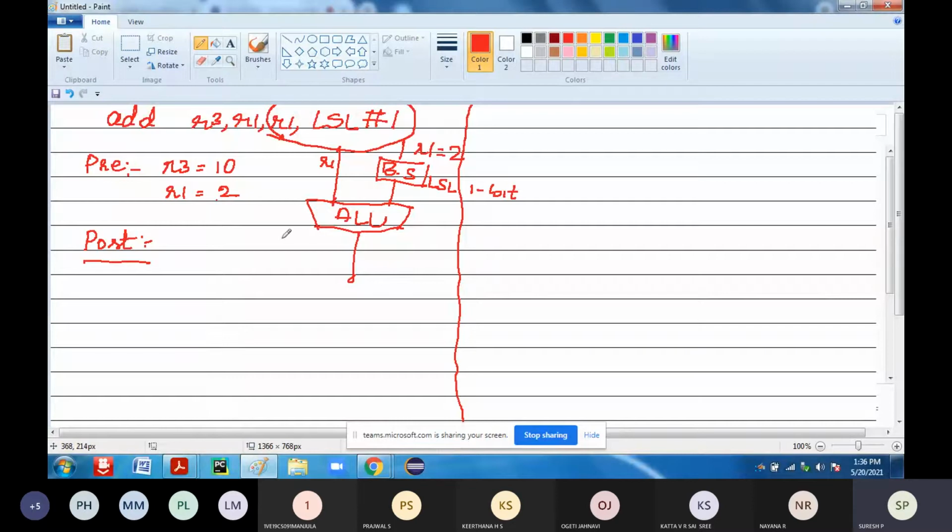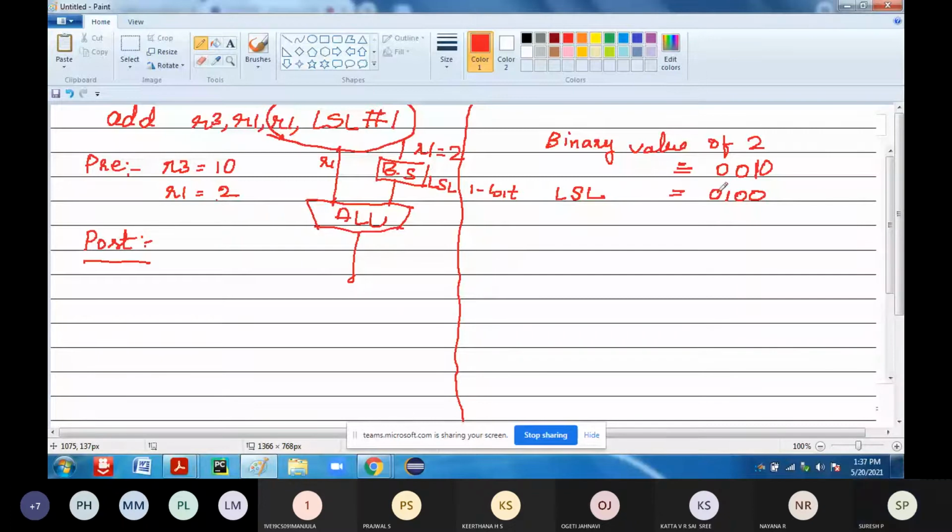If we do the logical shift by 1 bit, you can see it here. What is the binary value of 2? It is 1 0, right? If I write it with respect to 4 bits, it is 0 0 1 0. Totally it will be 32 bits, but since it fits in only 2 bits, we write 2 bits. For understanding purposes, I have taken it as 4 bits here. Now, when you do the logical shift left by 1 bit, what answer are you going to get? It is 0, 1, 0, 0.